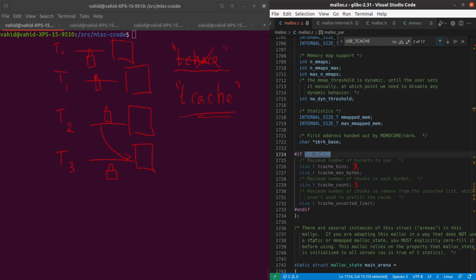You're gonna first put it on the Tcache, then after a certain amount of time or certain condition, it will end up in the fast bin. Then after a certain amount of time, it will be coalesced and sent to the unsorted bin, and then the small bin and the large bin. So the way it works, if I want to give you a diagram of that, is that whenever a block is freed, free block,